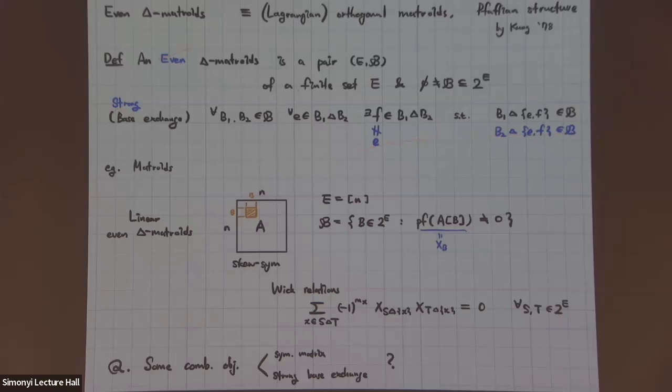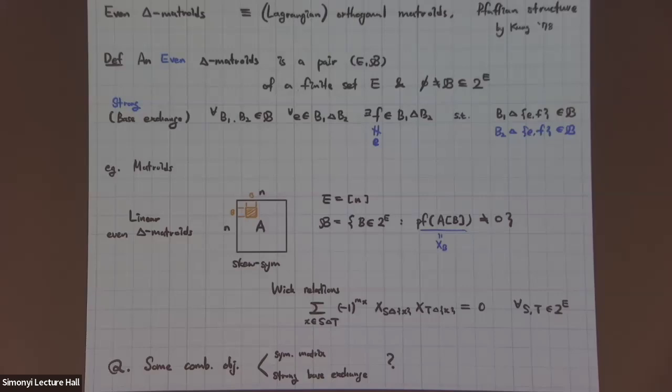Okay, so one typical example is, of course, matroid. So matroid is nothing but an even delta matroid of which bases have exactly the same cardinality. And some linear cases just come from the skew symmetric matrix as Tom introduced. So if you just consider the n by n matrix and collect all non-singular principal minors, then you can obtain